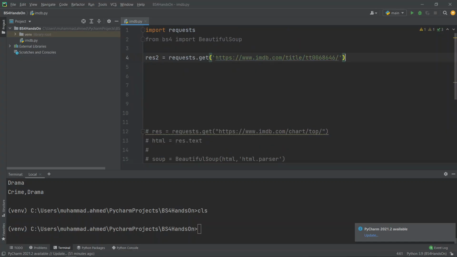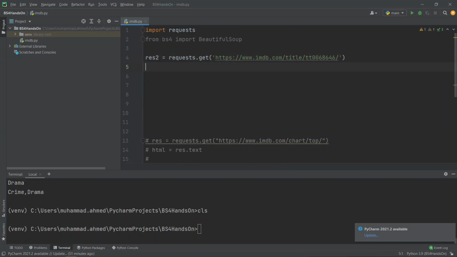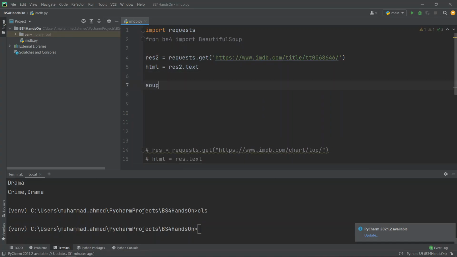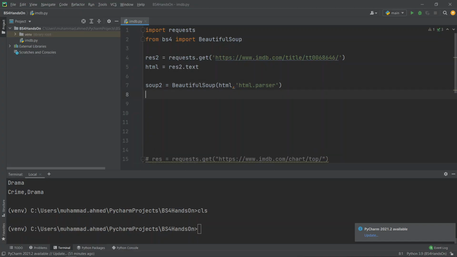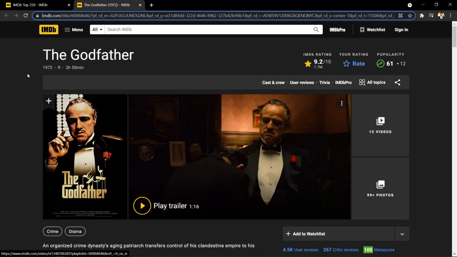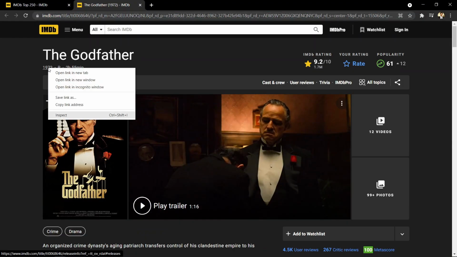So right now let's just hard code this value, and then we will go for res2.text for extracting the text and save it inside this HTML variable. Next we have to create the soup, so let's just make it soup2. BeautifulSoup, provide the HTML and the parser. Now next thing is we need to extract this information from here. So if we inspect that,